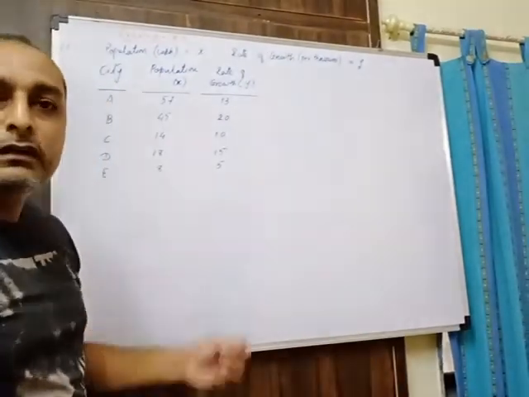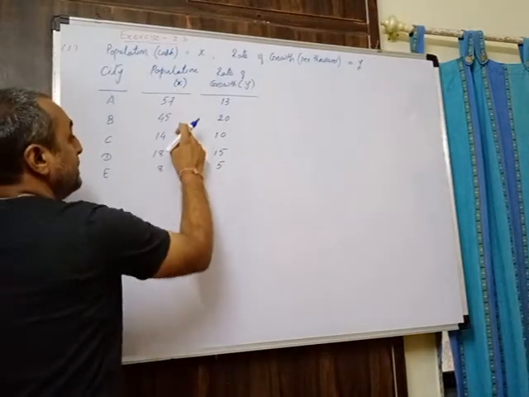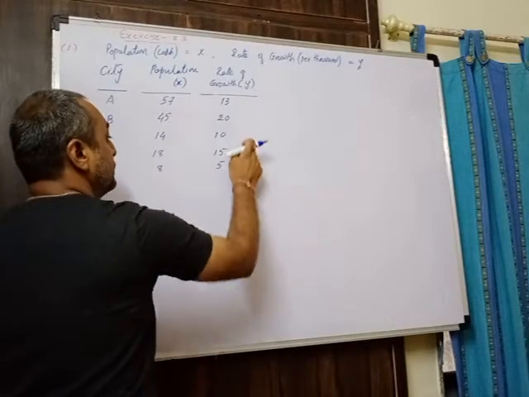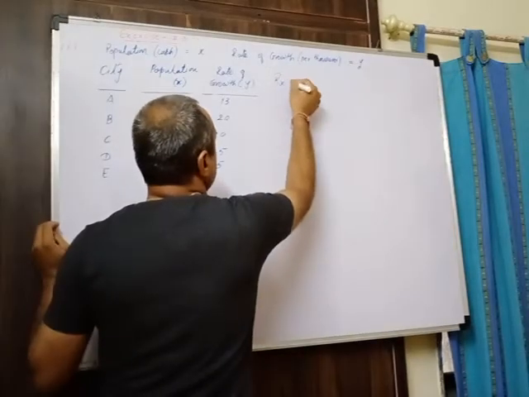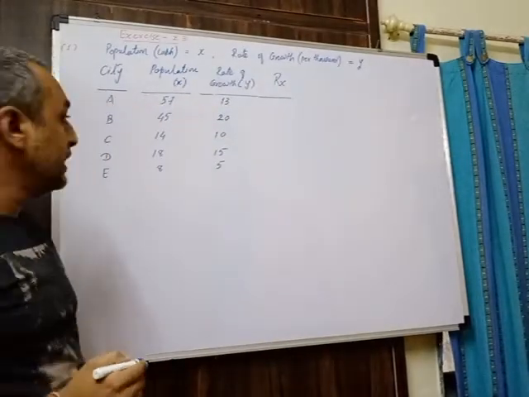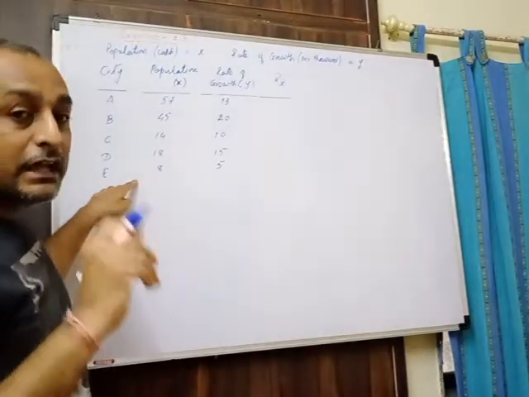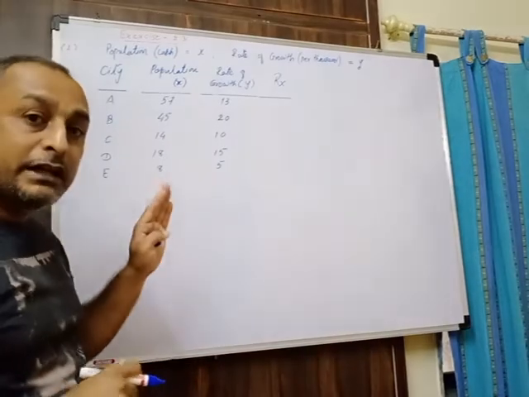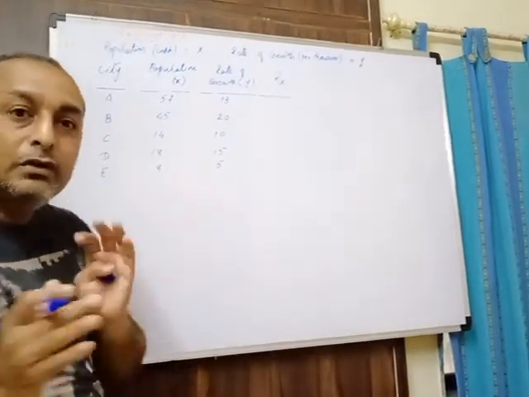So we have to use the rank correlation method, Spearman's method. For that purpose, now we'll assign ranks to the observations of variable x and also ranks to the observations of variable y. First we'll assign ranks to the observations of variable x, denoted as Rx. How are we going to assign the ranks? We discussed in the last session in the theory point that ranks are provided from the highest value in descending order to the lowest value.